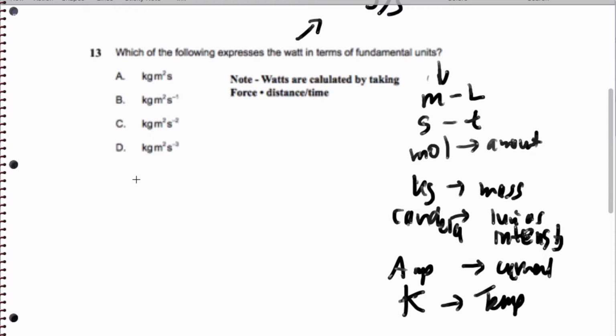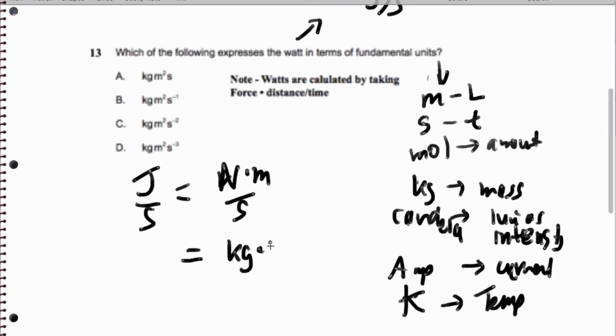So watts, joules per second, which is going to be, again, Newton meters per second, because joules are force times distance, Newton times meters. That's going to be kilograms, mass times acceleration, kilograms, meters squared, seconds to the -2, okay, times meters, times seconds to the -1. So when we simplify all that out, it's going to be kilograms, meters,